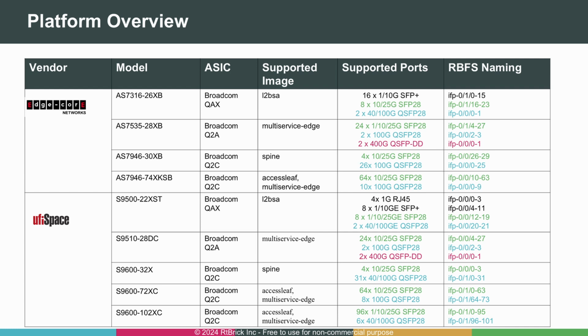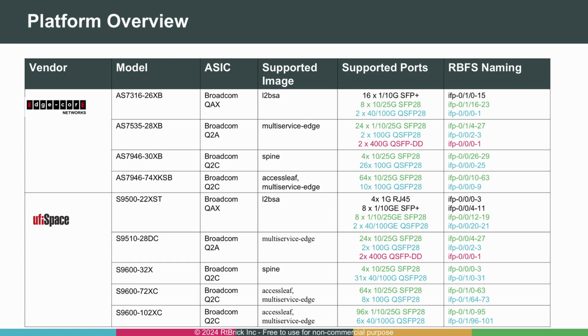The following table lists all currently supported switch models, including the installed ports, and provides their corresponding RBFS names. For more details about the switches, please refer to the platform section of the RBFS technical documentation or consult the vendor's datasheets. In this presentation, we will be using an UfiSpace